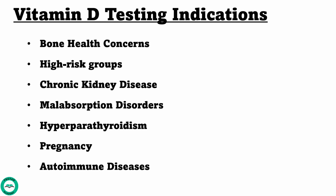osteomalacia, and rickets. Bone high-risk groups, elderly individuals, those with limited sun exposure, people with darker skin, and individuals living in higher latitudes. Chronic kidney disease. Monitoring vitamin D status in patients with impaired renal function is important, as kidney disease can affect vitamin D metabolism. Malabsorption disorders. Conditions like Crohn's disease, celiac disease, or patients post-bariatric surgery may have impaired vitamin D absorption requiring close